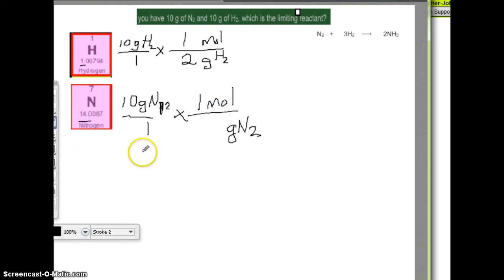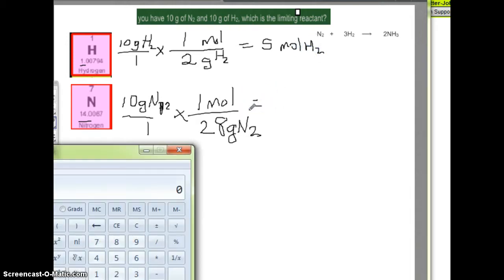Well, if each nitrogen is 14 and there's 2 of them, then it would be 28. All right, so put it in your handy dandy calculator and we have 5 moles of H2, and we have 10 divided by 28 is 0.36